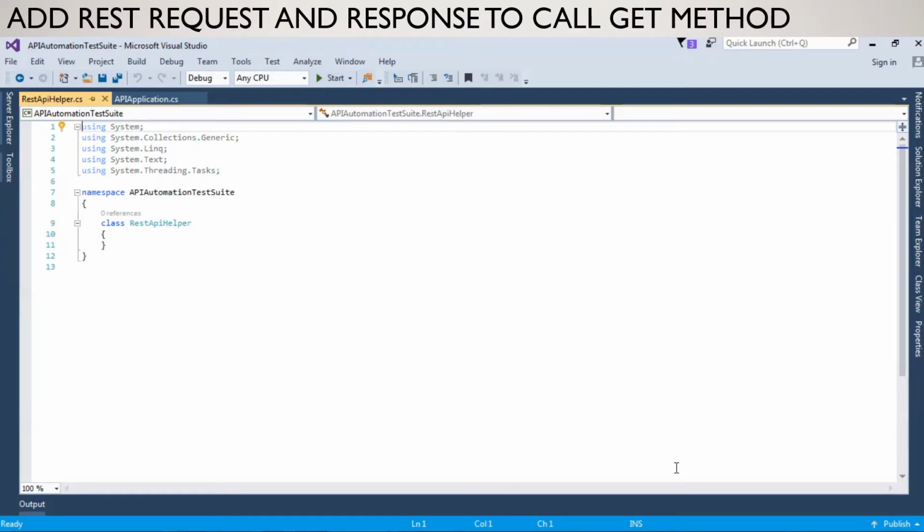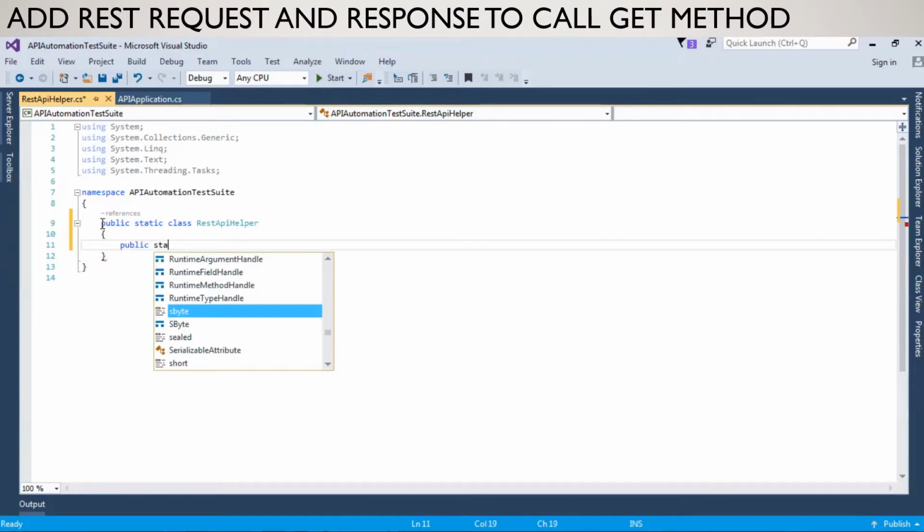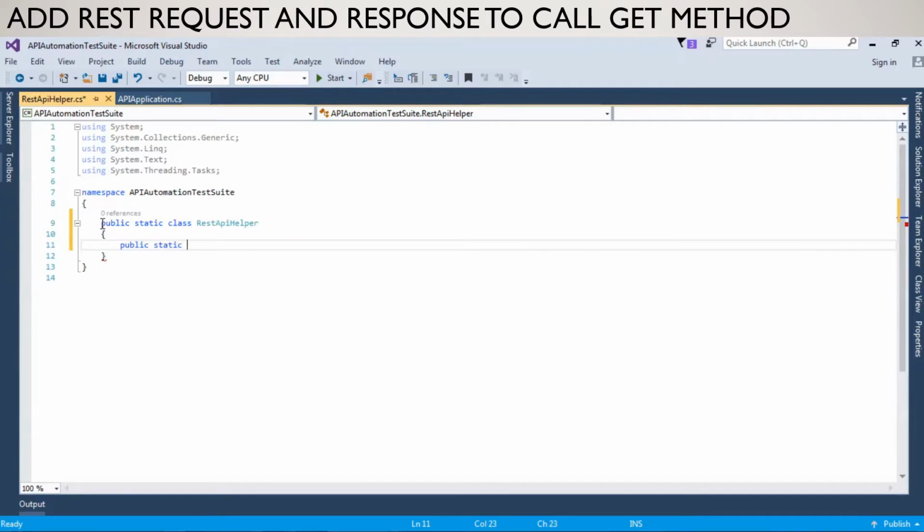So I'm just changing the class to public and static because I just want to create this class as public and static. Now I'm declaring two variables. One is client, that will be a REST client, and second one is REST request. So public static REST client